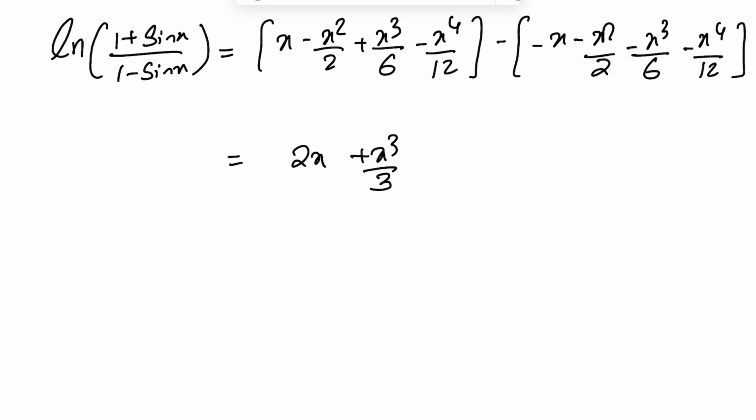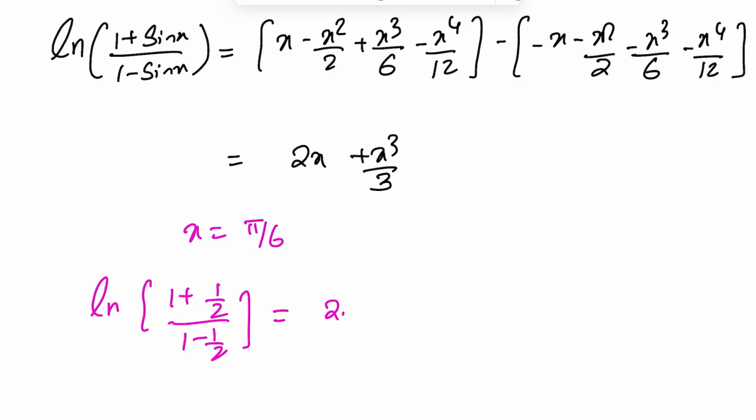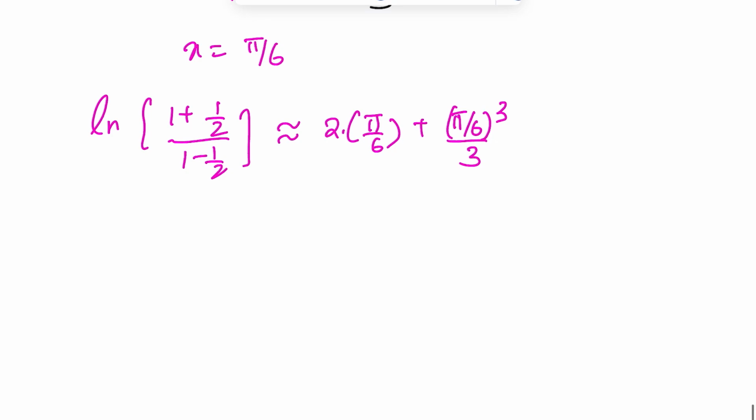Now this is ln of (1 plus sin x) upon (1 minus sin x). Plug in x equals pi upon 6. So what does it become? ln of (1 plus sin pi by 6, 30), sin 30 is 1 upon 2, by (1 minus 1 upon 2), equals approximately 2 times of pi upon 6 plus (pi upon 6) whole cube upon 3. We cannot write equal to because we are not considering all the terms, so it is approximately equal to. So this becomes ln of 3 upon 2 upon 1 upon 2, approximately equal to